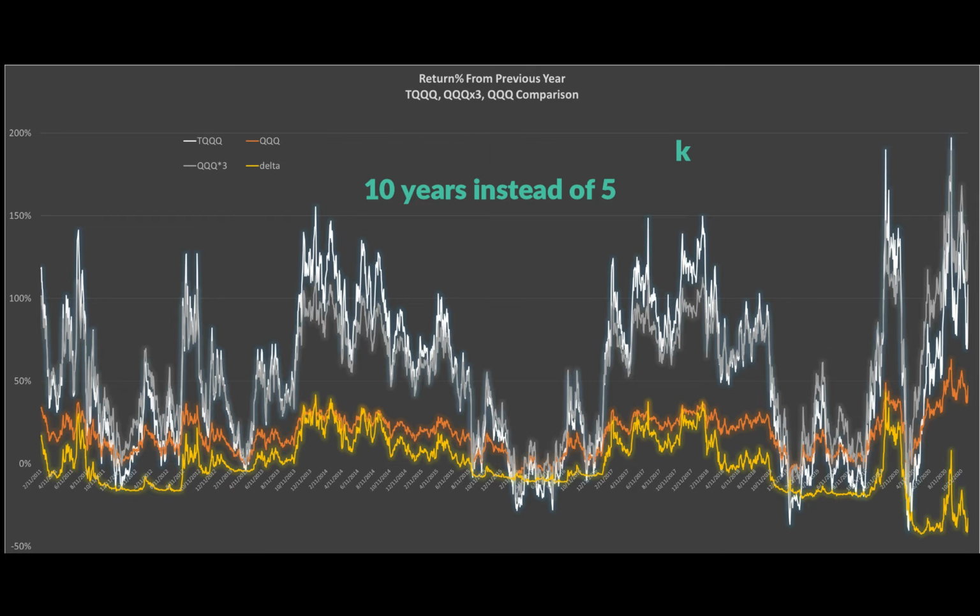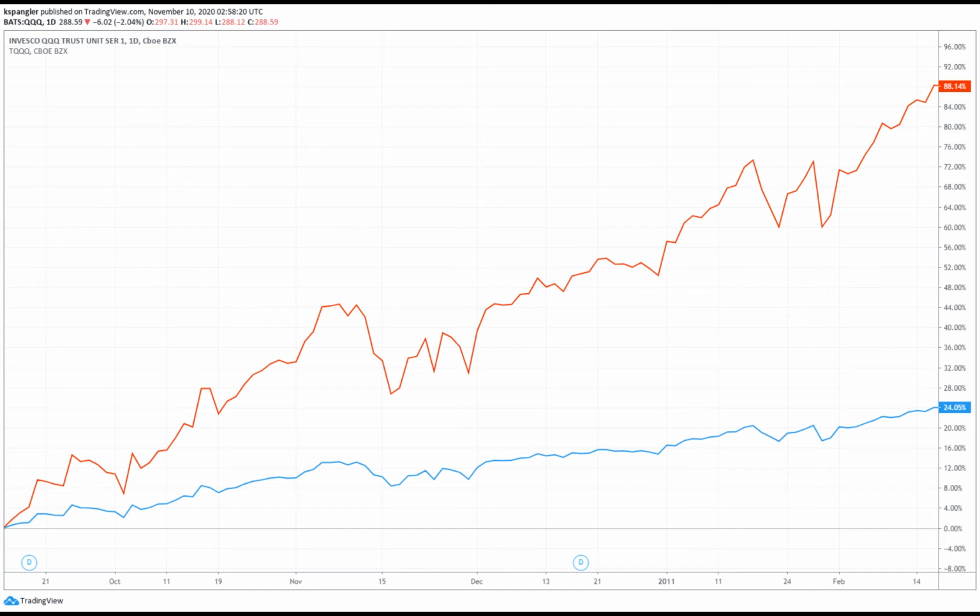Let's look at the period right in the recovery after the 2009 financial crisis. When you're looking at this graph, if this yellow line is above 0%, it's outperforming that 3 times. So pretty much it's sitting up here pretty high. You can see TQQQ's performance is doing really well. And in this time, we pretty much had just straight bullish momentum. That's where you get the compounding of that leverage, and that drives a really, really fantastic performance. So over 100% for a lot of this time period.